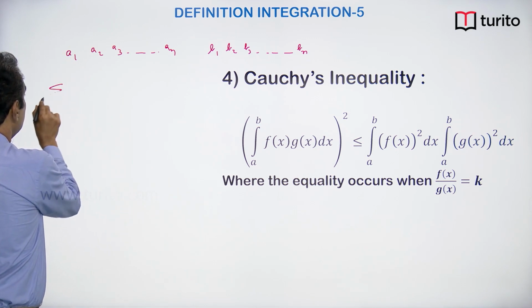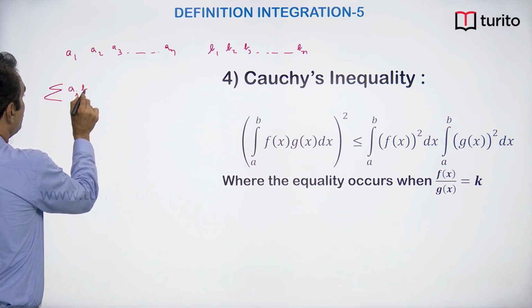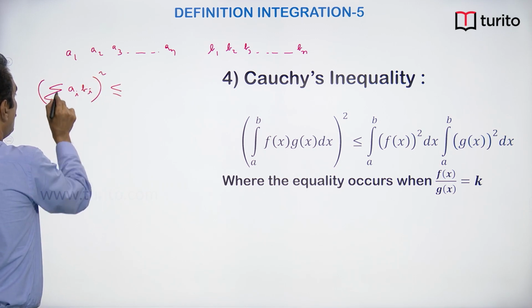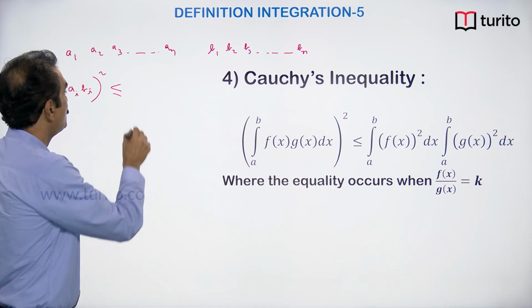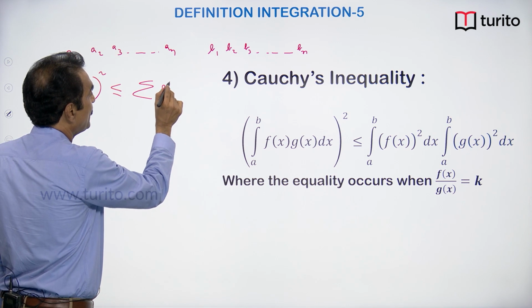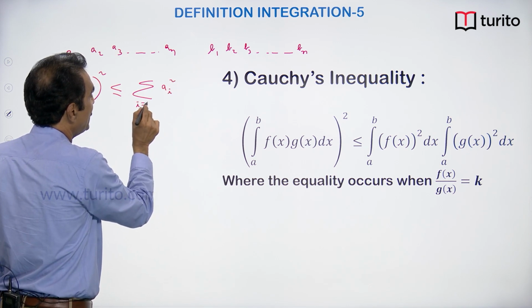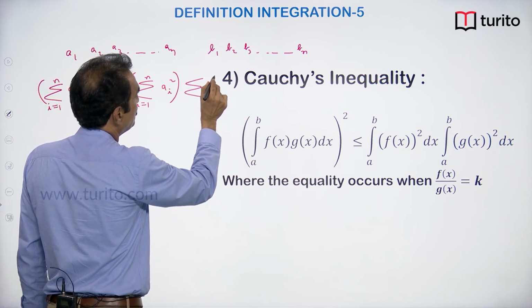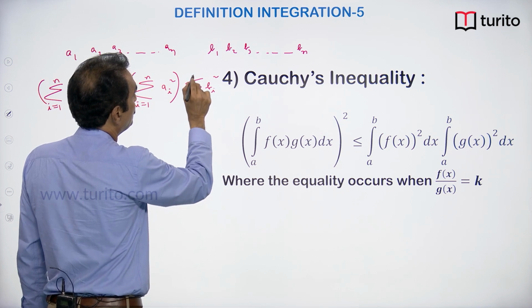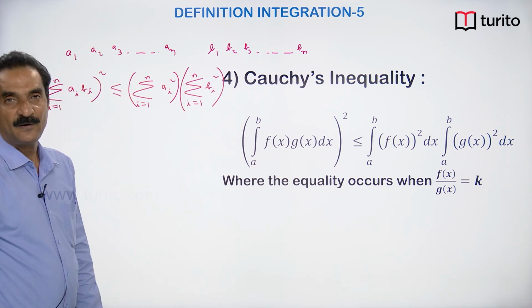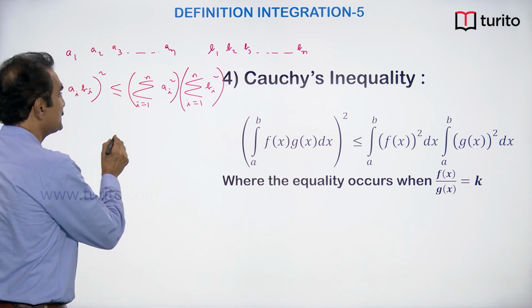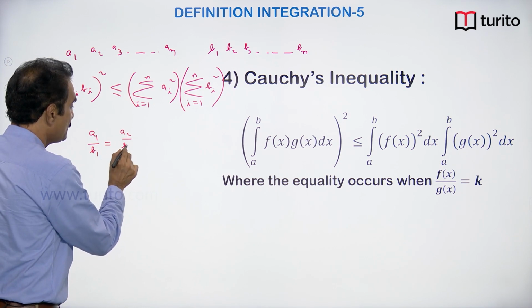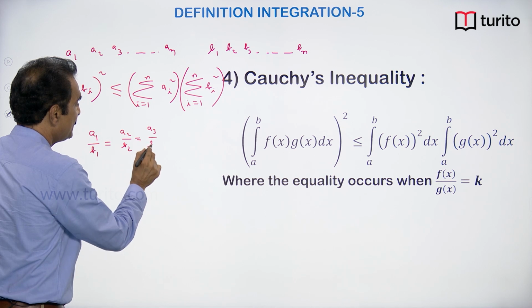Cauchy's inequality is sigma ai bi whole square, where i varies from 1 to n, is less than or equal to sigma ai square, where i varies from 1 to n, into sigma bi square. All of you are aware of this. Condition for equality is